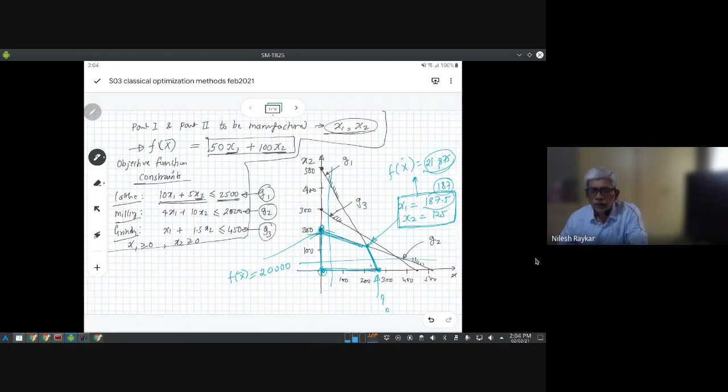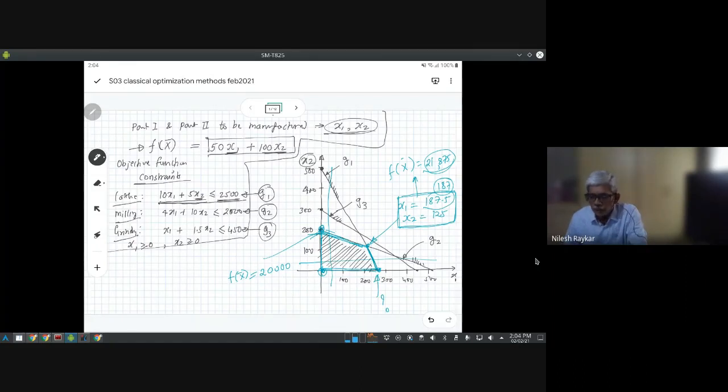In graphical method, we then translated these constraints onto the two-dimensional plane. Since this is a problem with only two variables, this graphical method is possible for two-dimensional problems. So on axis 1, we have first variable, that is x1, and on the other axis we have x2. And the equations of this constraint line we put on this plane, and we get the feasible region. So the region which is hatched here is the feasible region.